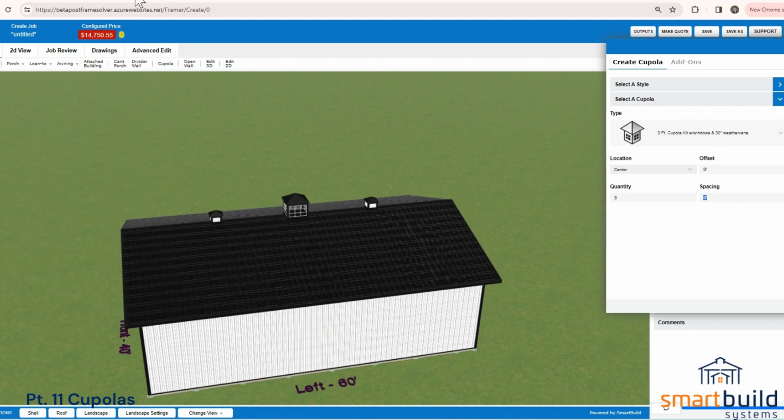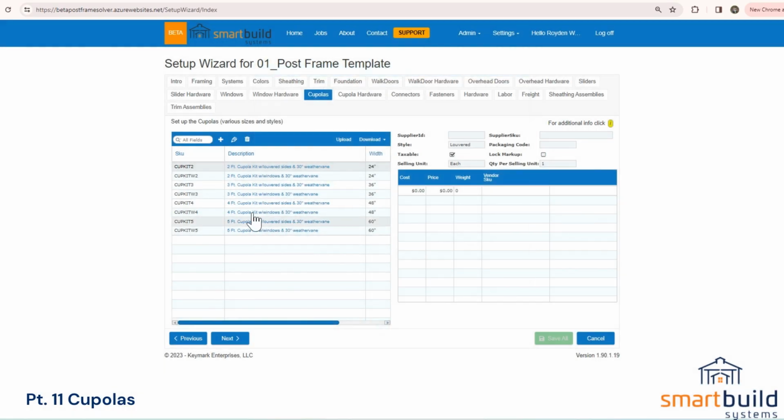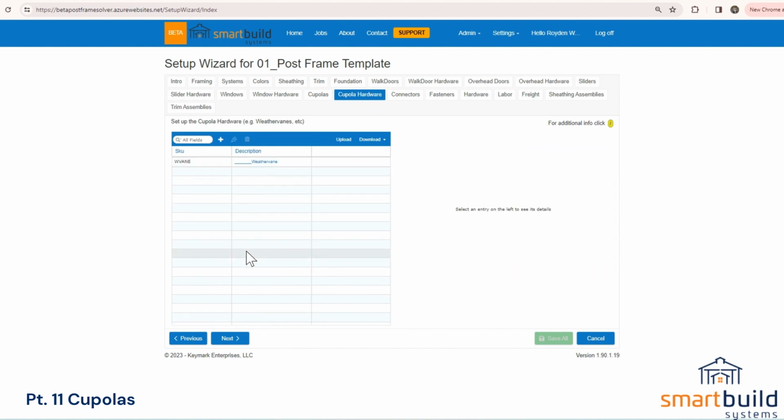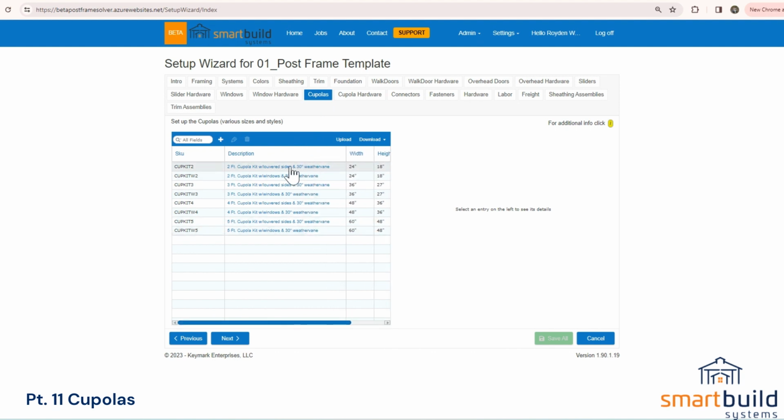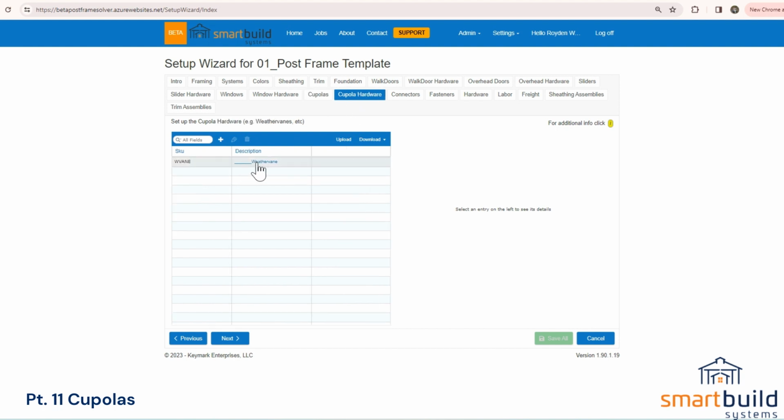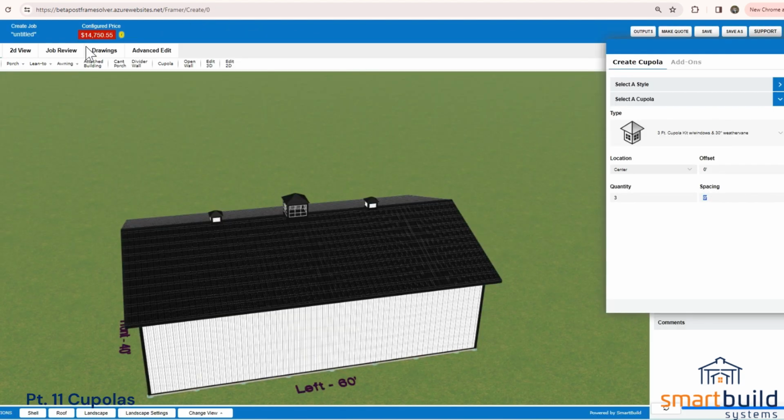Now getting into the cupola hardware category. So again, you can edit these for the cupolas or add your own. But the cupola hardware, some people would put in weather vanes here. If you choose to do that, it works either way. But if you're creating a kit like I've done here in the generic database, you can see the weather vane may be already here. And if you look at this example here that's included, some people would just add this weather vane manually, or maybe the reason for these weather vanes here is so they could add the correct one that the customer wants. Maybe you have 10 choices, and then you would just select the one in the job that the customer wants. So you have your weather vane included in the price here, but